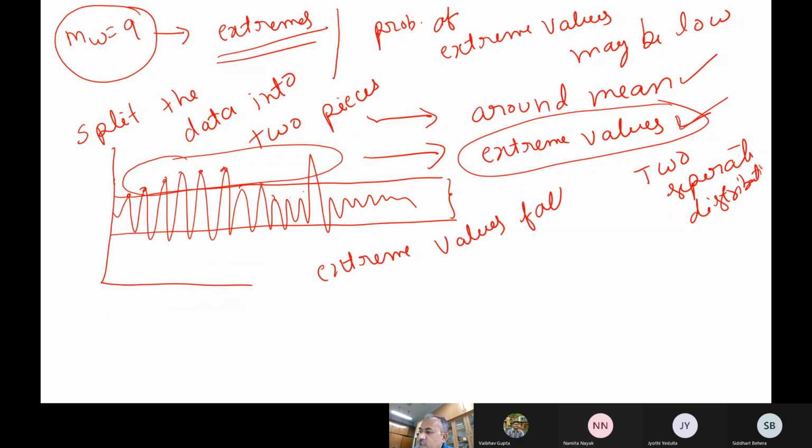Okay, not the original data distribution. So the data may be normal, but extreme values may not be normal. They may be some other distribution. If you use a normal distribution, then you may be underestimating this type of data set also. Okay. So there is another distribution, and here there are two theorems which help us in doing this.